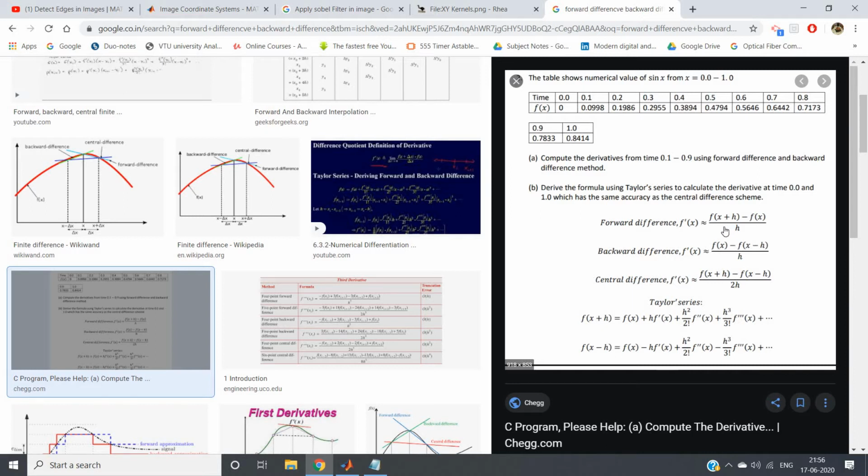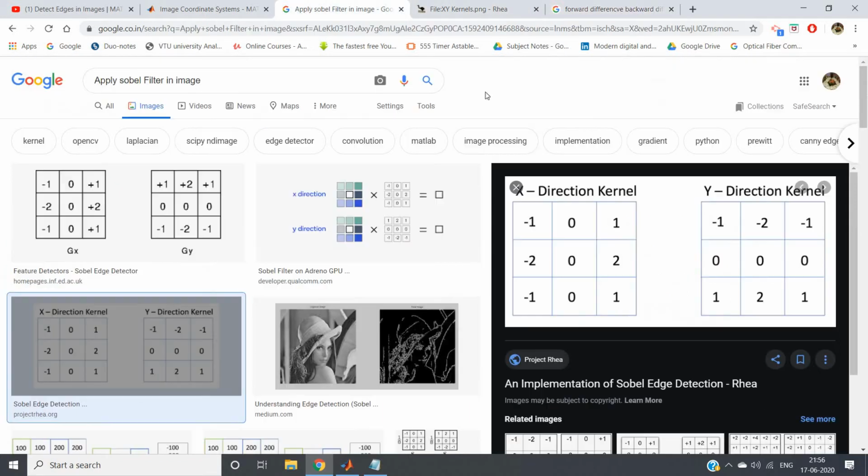The forward difference is f(x+h) minus f(x), divided by h, and the backward difference is f(x) minus f(x-h), divided by h. Based on these you can choose a matrix, but the best way I suggest is to always take this particular case, -1 -2 -1 in the upper side. I'll discuss the reason shortly.